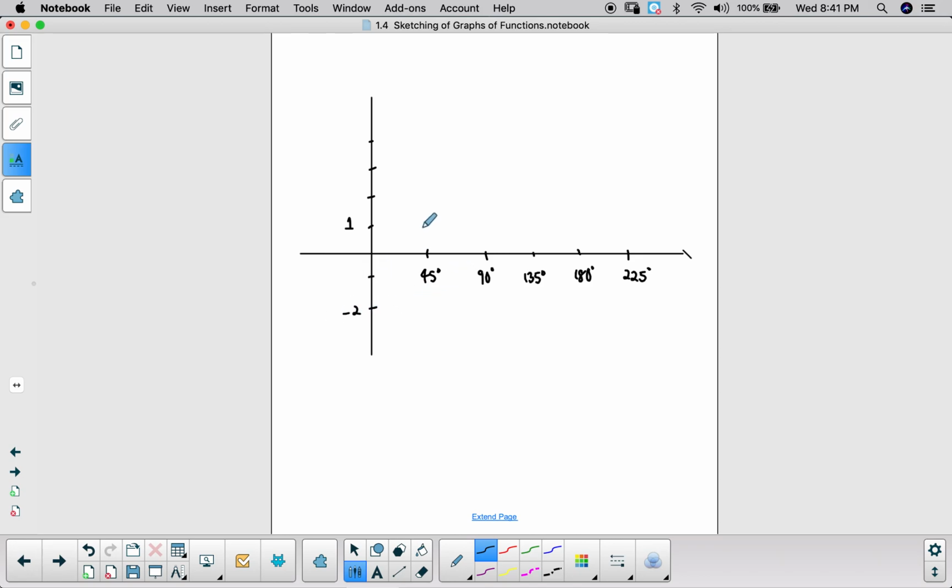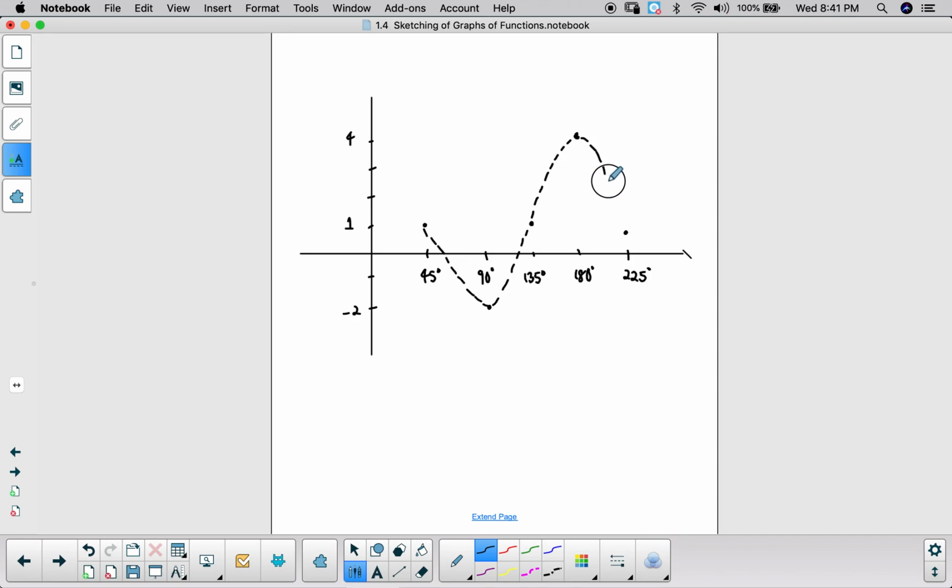We have 45 and 1, that's this point. 90 and -2 is this point. 135 and 1. 180 and 4, so this is a 4 up there. 225 and 1. So if you take those points and connect them, you can see